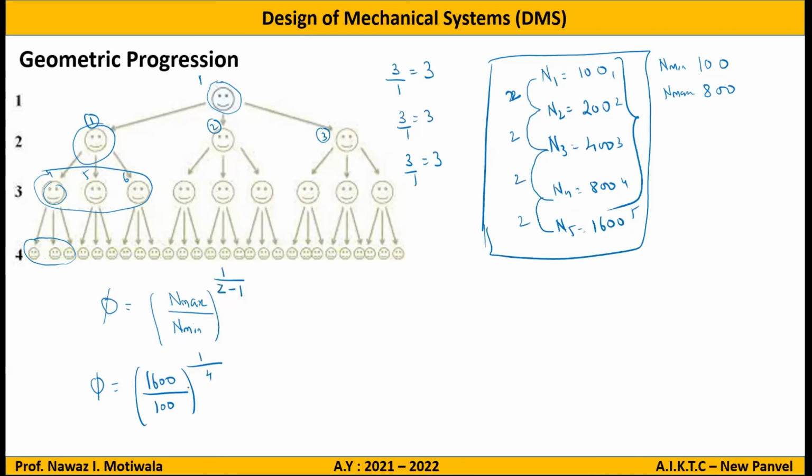So what is the answer for this? Can you please calculate and tell? 16 का 4th root. 16 का 4th root is 2. 2 raised to 4 ही तो 16 होता है. So the answer you are getting is 2, which is this one, and we are correct on our formula side. So understood? Yes, sir. So now this is the formula which we are going to use to find the ratio,